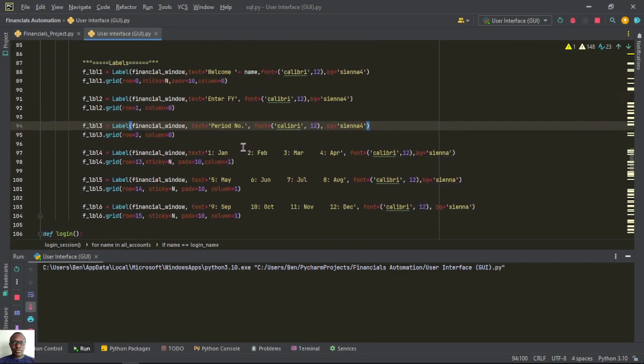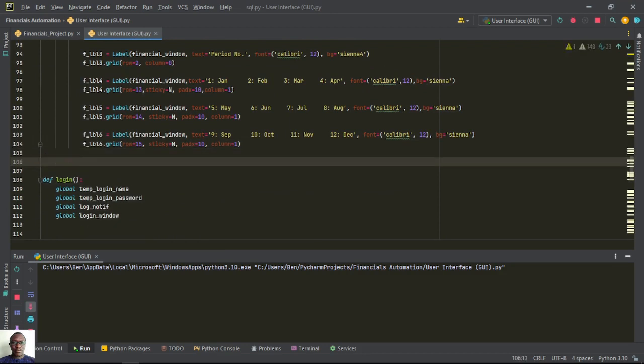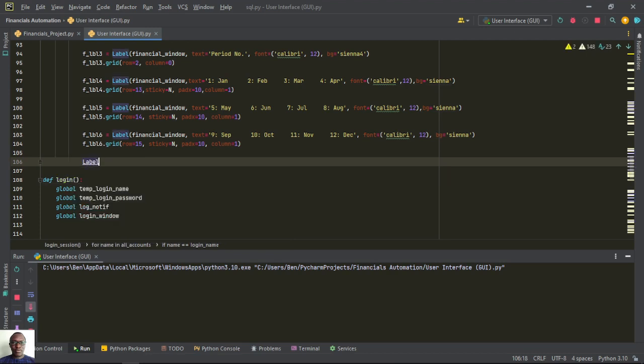So let's continue with the labels before we create the entries. But before I move to entries, I want to create these labels for the functional tools as partial. I will use one for financial year and the other one for period. So what I will do here, I will come here and say a label result 1,